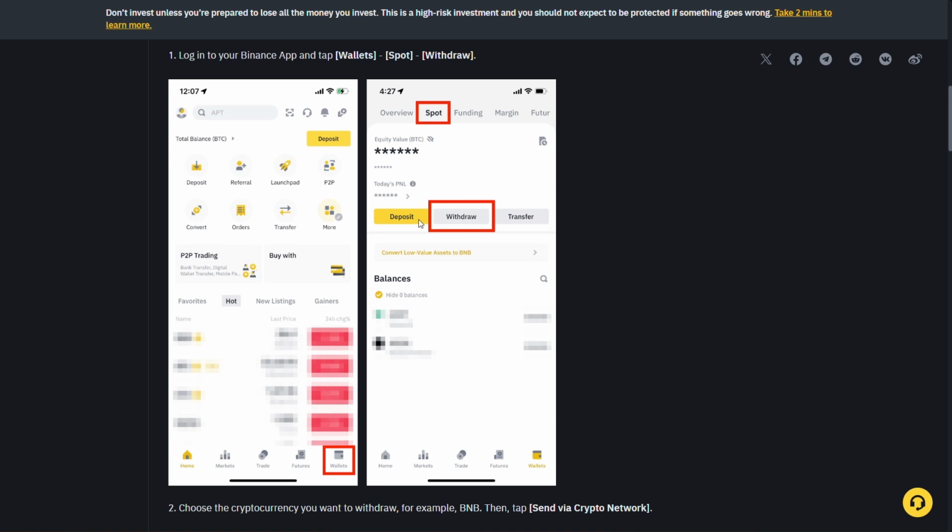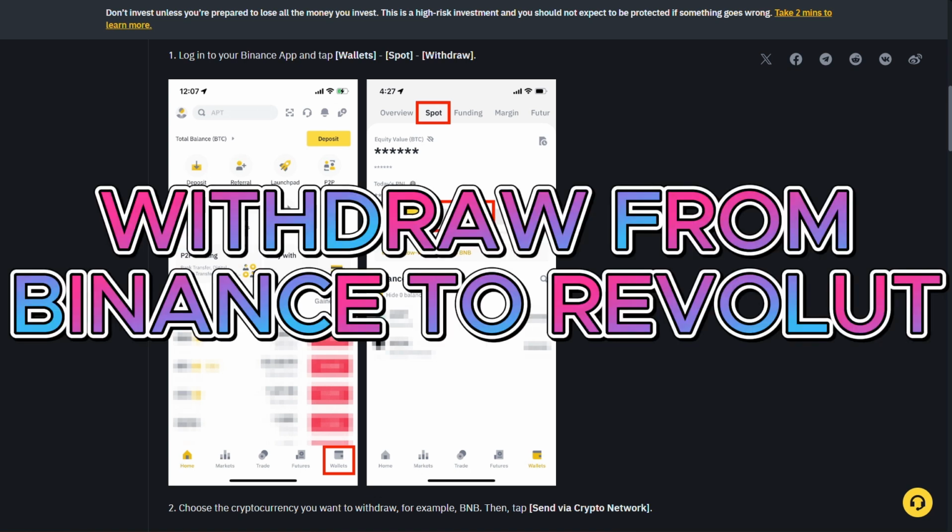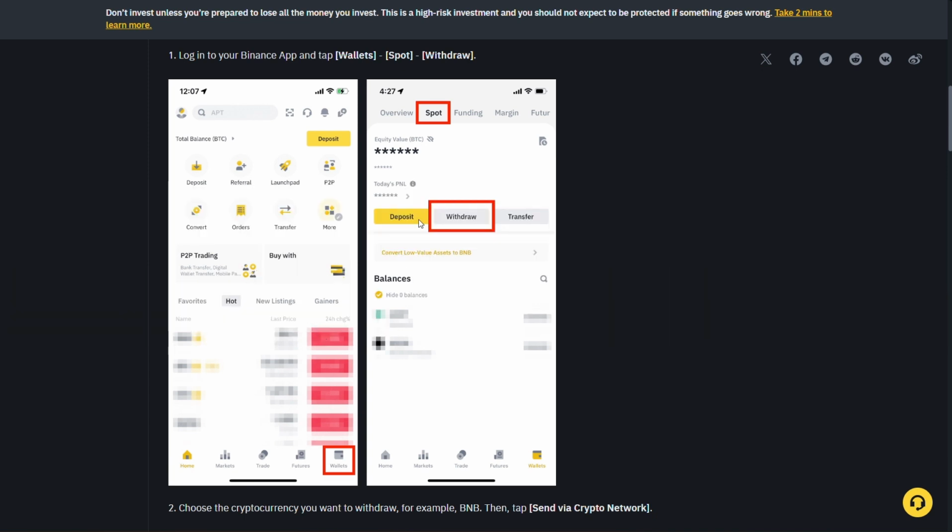Hello everyone, in today's video we're going to see how you can withdraw crypto from your Binance app to Revolut. Now if you're aware, Revolut also acts as a crypto app apart from Binance. So the way you can transfer from Binance to Revolut is, first of all, you'll open up your Binance on